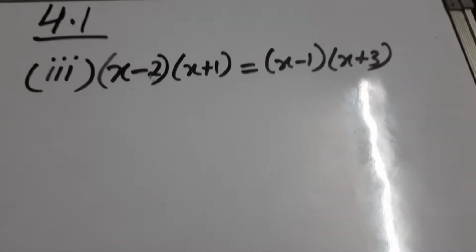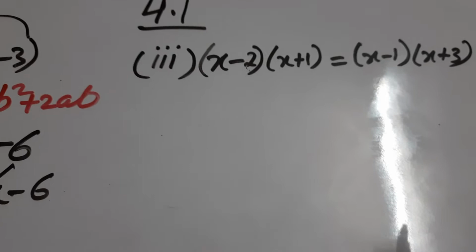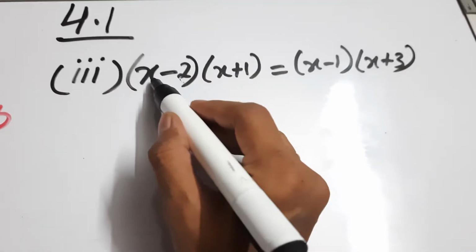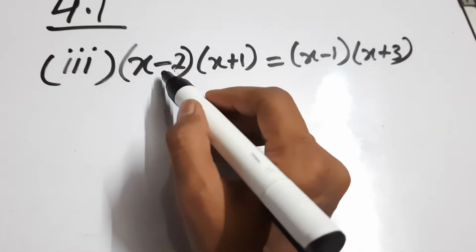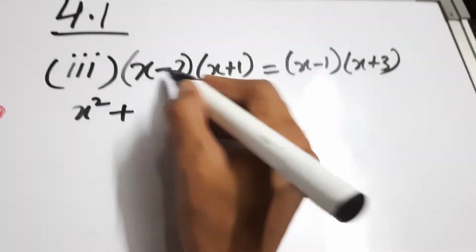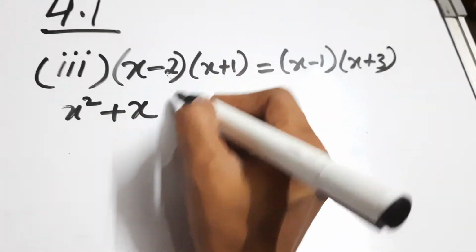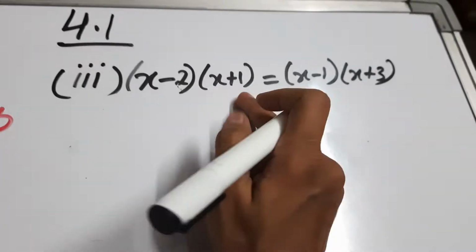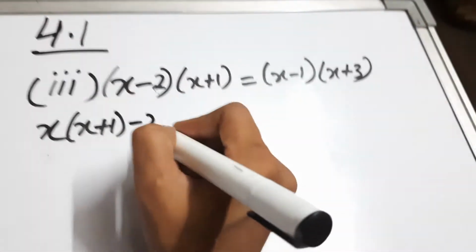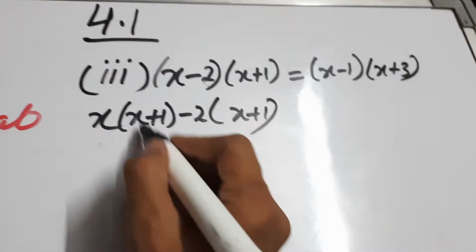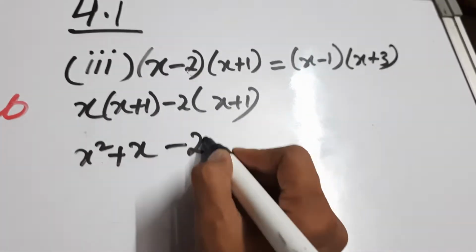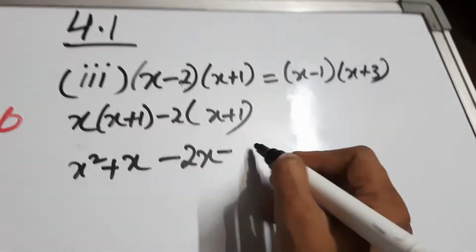Now let us see the third part. I am going to solve 2-3 parts in front of you. Do the remaining parts yourself. So again, two brackets are there. Let us multiply them. First of all, x is going to be multiplied by the complete bracket, then minus 2. So x into x is x square plus x into 1 is x minus plus minus, or you can do the method like this. First x will be multiplied by the complete bracket, then minus 2 is going to be multiplied by this. So now distribute: x into x, x square, x into 1 x, plus minus minus 2 into x 2x, minus plus minus 2 ones are 2.